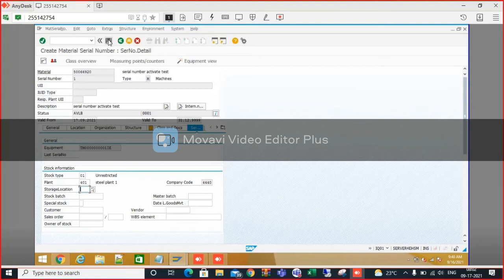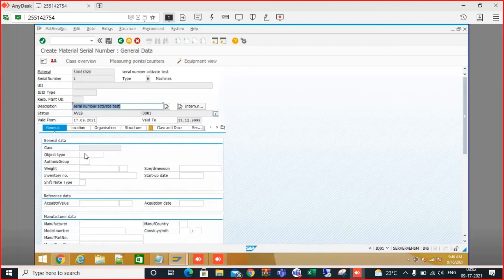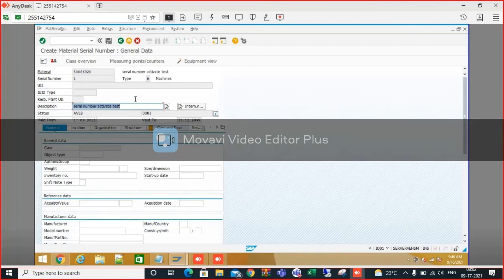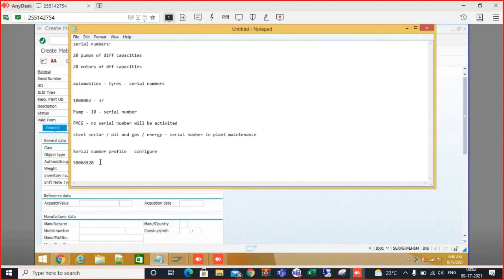As soon as you save this, the equipment will be generated in the background. See, this screen is something like which screen? Equipment screen, right? How did it come? Because as soon as you click on equipment view, the equipment screen will be displayed. The main thing we need to understand here is